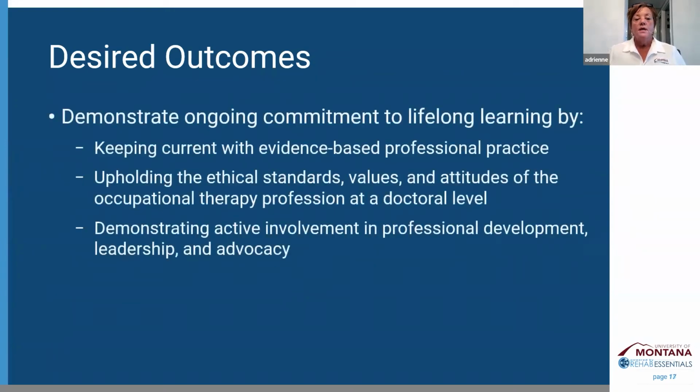Further outcomes would be that each of you would be able to demonstrate a commitment to lifelong learning. Certainly by applying to the program, I think each person in their own way does show a commitment to lifelong learning, does show a commitment to being a leader. You will be able to demonstrate that commitment to lifelong learning by keeping up again with advanced or evidence-based practice,